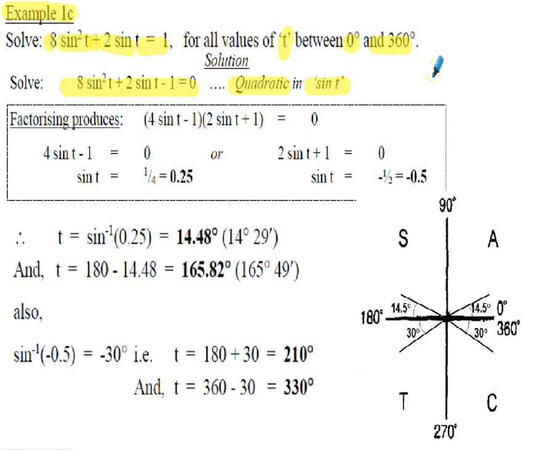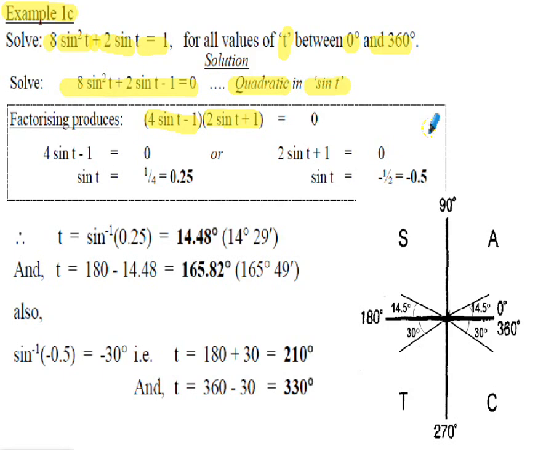Now we can solve this one two ways. It can be solved with factorization, which I've shown here, or you could solve it with the quadratic equation, which I'll let you do if you want to use that. So factorizing, two brackets, I get 4 times the sine of t minus 1 in one bracket, and then 2 times the sine of t plus 1 in another bracket. If you expand the brackets, you'll get back to the 8 sine squared t plus 2 sine t minus 1